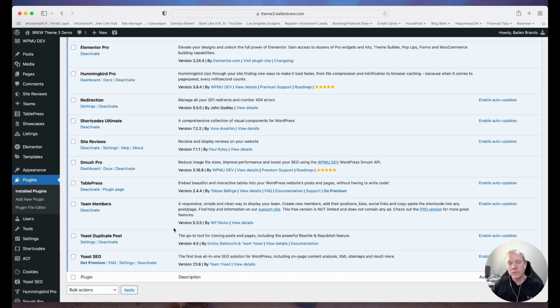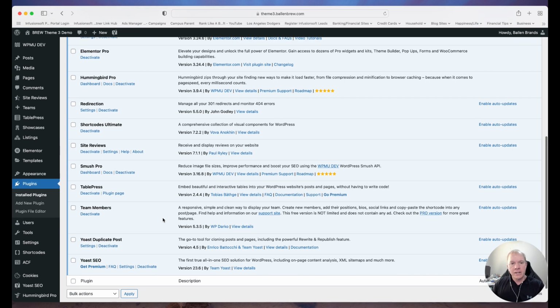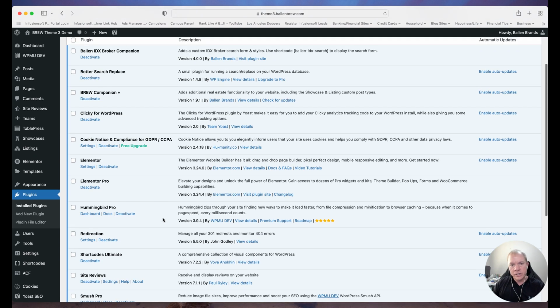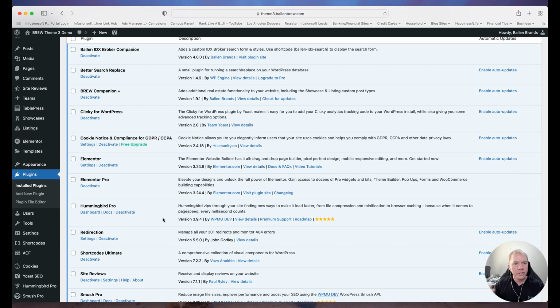Absolutely, if there are different plugins you want installed, you can do that. If there are certain plugins you don't want to use, we can absolutely remove those as well. The site is yours once we deliver it to you to make those types of customizations, but this gives you a quick little walkthrough of what's installed, what you can use, how it works, and basically what you get when you get your brew